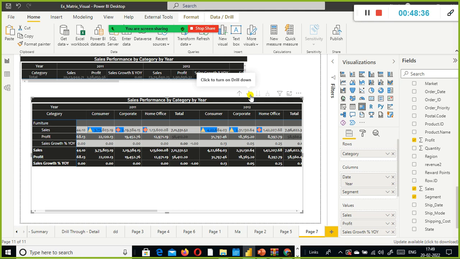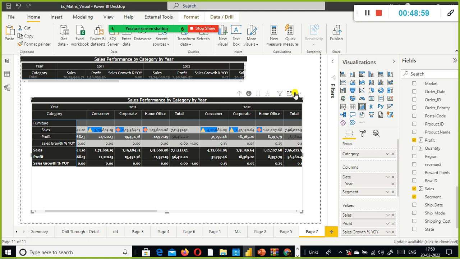This is called drill mode. If I click on it, it will get enabled. You can see in the background the black color got enabled behind this down arrow. So drill mode is on. Click a drill point to drill.